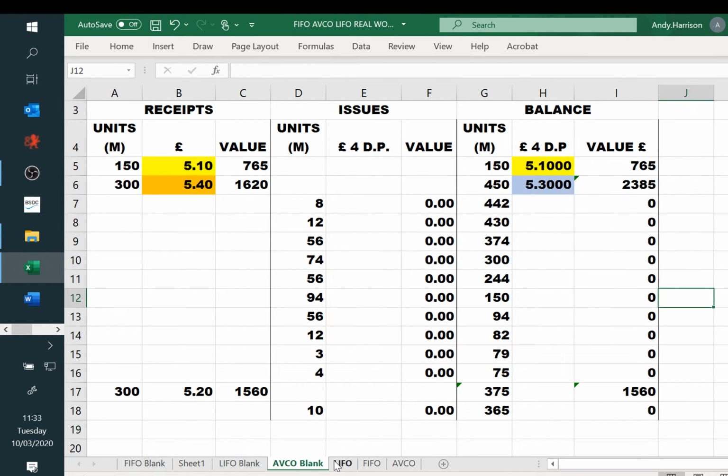AVCO then. So we've now got a bit more colour in the blue for the £5.30. The £5.30 is the average cost. We've seen how it was calculated before, and issues and balances are going to be at that price until we get our new delivery. So here we're going to go